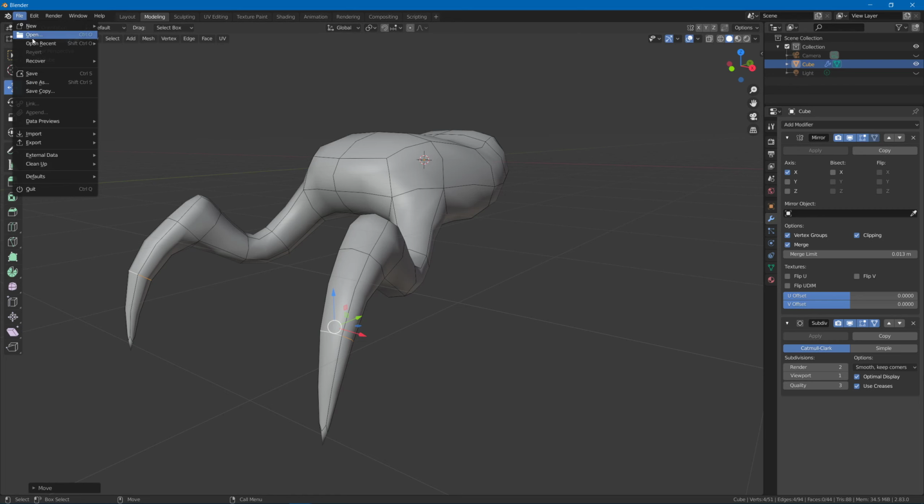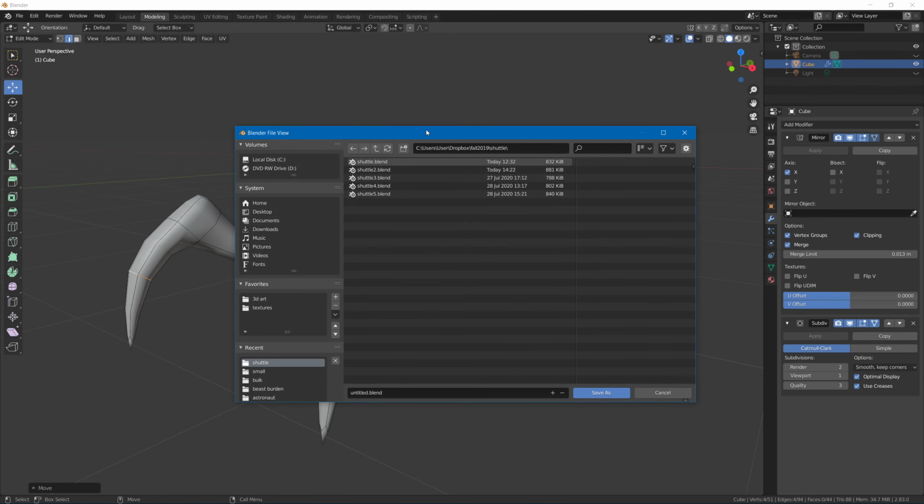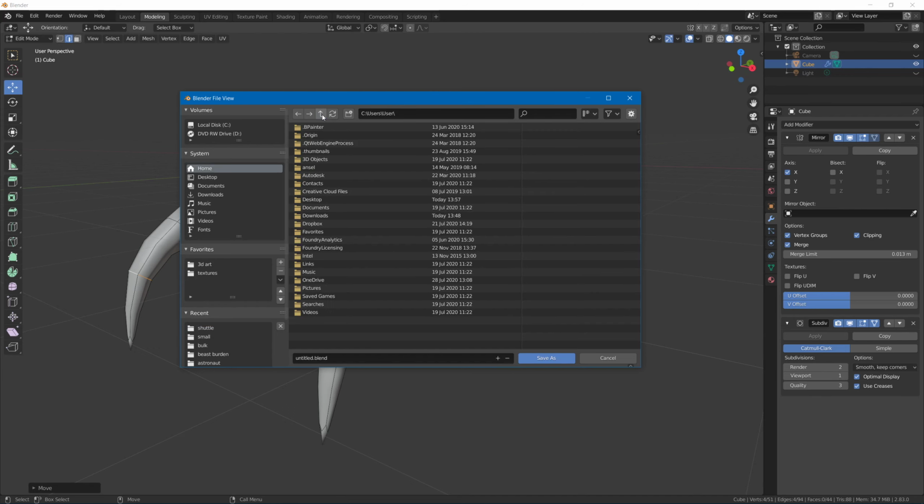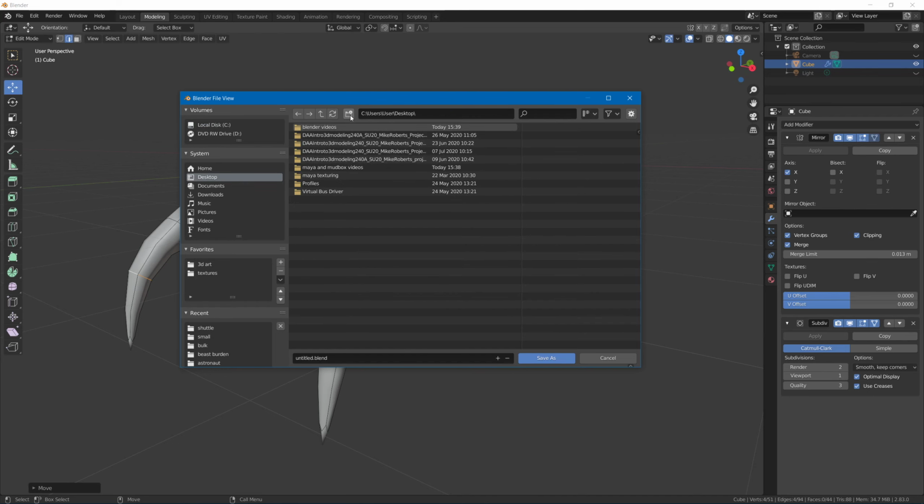Of course, I can go File. In this case, since I haven't saved it yet, go to Save As. And what it does, you see how it brings up the save folders here. And you'll notice that this little kind of arrow, I can go up. In this case, I'll just kind of go to the desktop for our class stuff. So you can go to just desktop if you want. And you can create a new folder, right? So this is a new folder right there. Click on that. We can call this